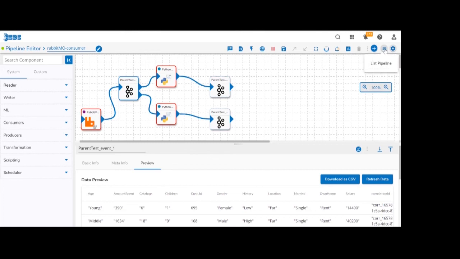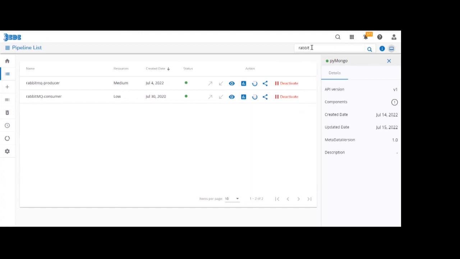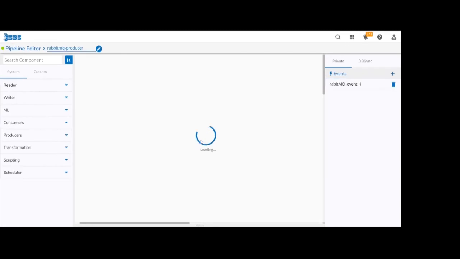And one more option is there, if you are talking about the virtual host. If you are producing the data using the virtual host, then when you are consuming the data from the particular queue, you also have to specify the virtual host in this field. That is optional. You can give